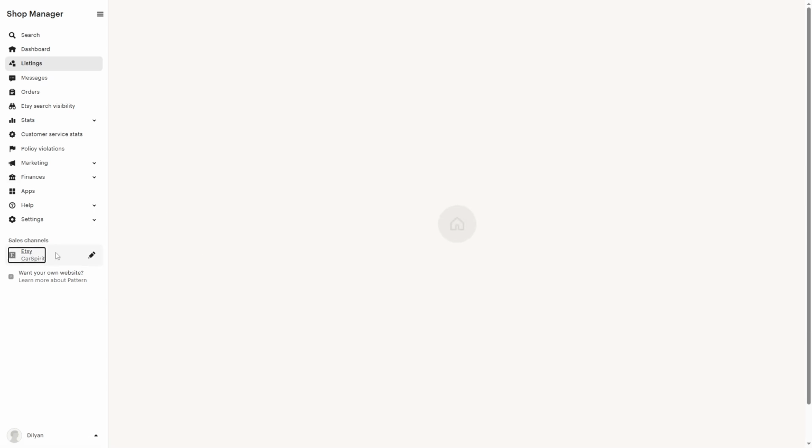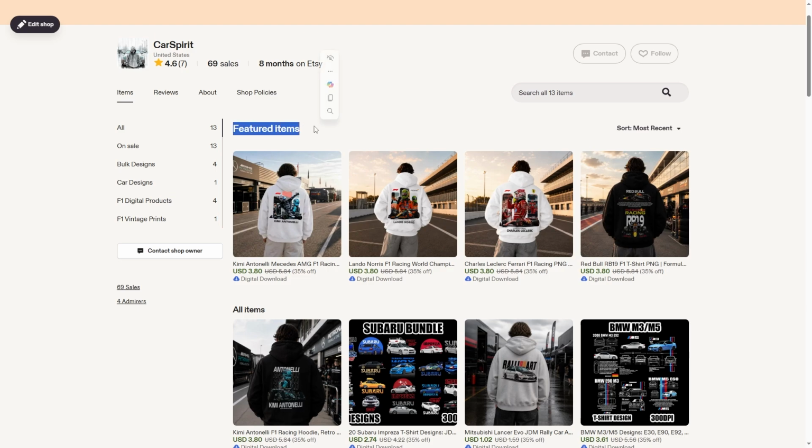So let's go check out the store. So as you can see, at first there are the featured items, then you can see the shop sections on the left,